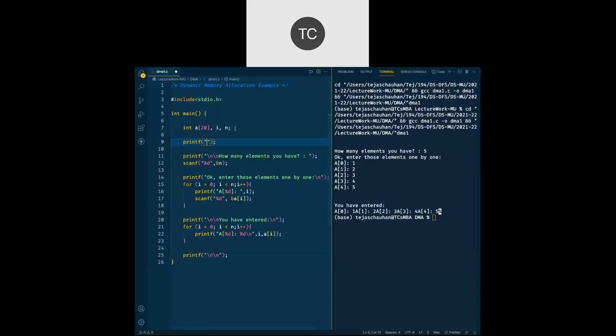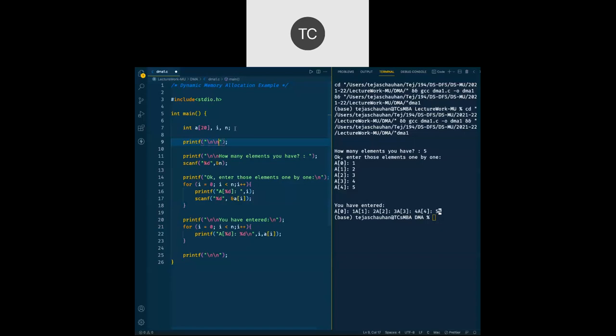Most of the time what I have seen is students forget to write semicolon at the end, or when there are multiple parentheses, they forget to close one pair. That's why what I always tell my students is to go this way, so you'll have fewer chances of generating errors.